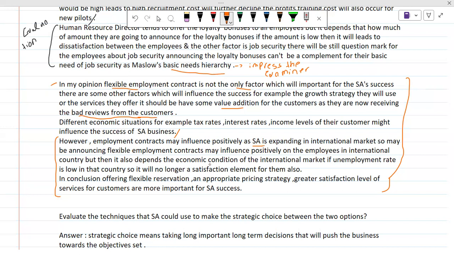It depends on the economic condition of the international market. For example, if the unemployment rate is low in that country, it will no longer be a satisfaction element for them. If unemployment is low, most of the people are working, so maybe they will not be attracted towards flexible employment contracts. They don't want to do part-time jobs or zero hours, because in most of the countries which have a higher unemployment rate, their workers tend to want